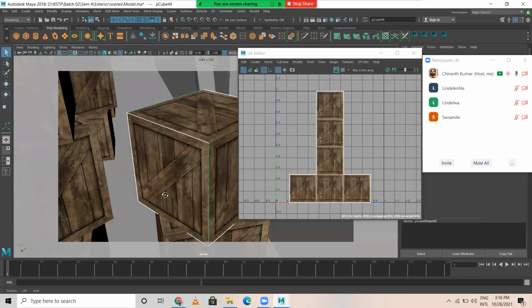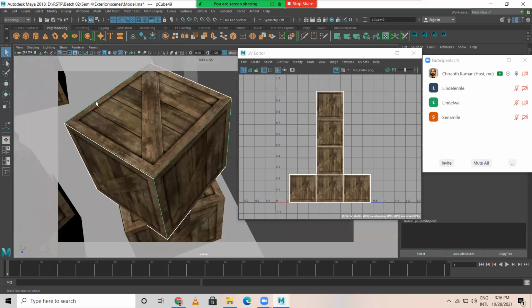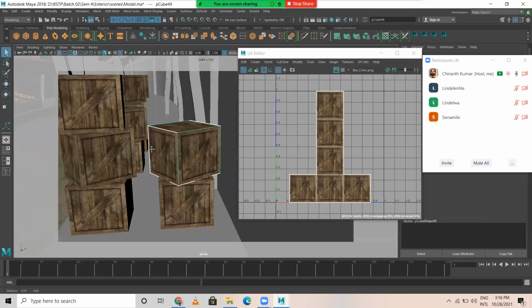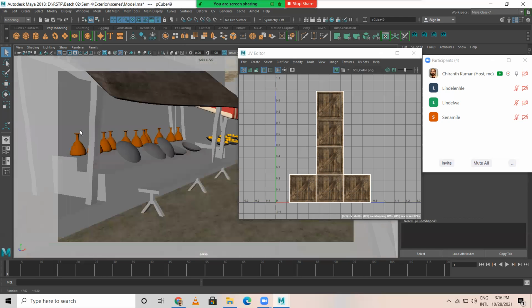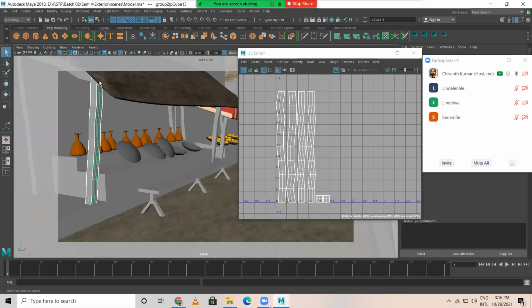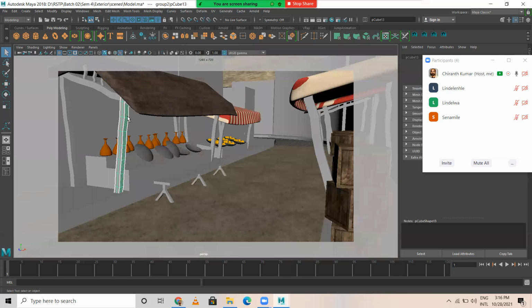There are 4 sides, 1, 2, 3, 4, top and bottom 6, right? Total for the model, 6 sides. Same way, if you look here, 4 sides, top and bottom 6. That's how automatic mapping will be calculated and done.